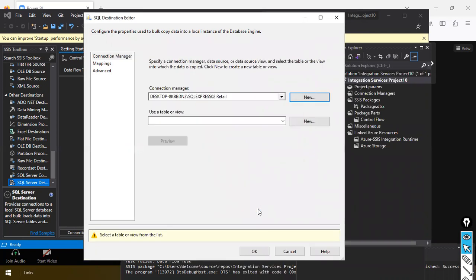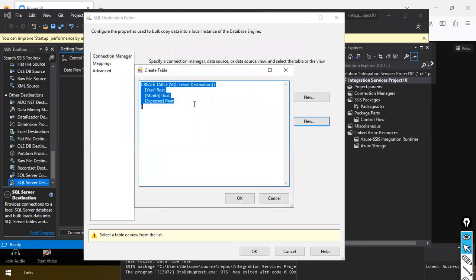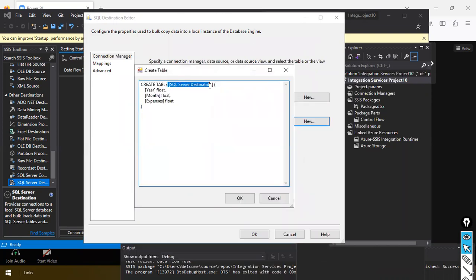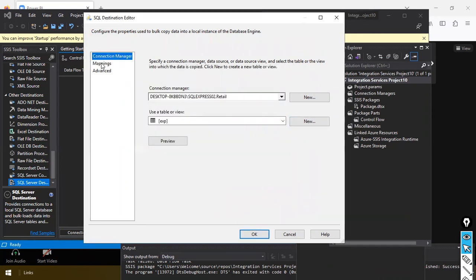I just click on it here. But don't worry, I will explain everything in detail. So okay, here I just want to create this one. Just now I realized that the database got deleted. And here the table name is something like expense, EXP. In the interest of time, I just select this one and I go to the mapping here.